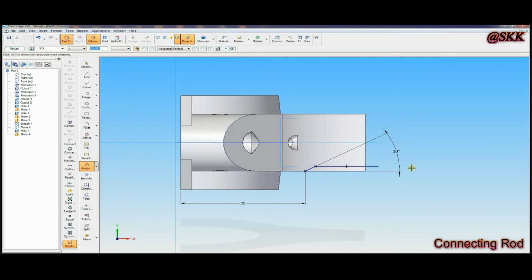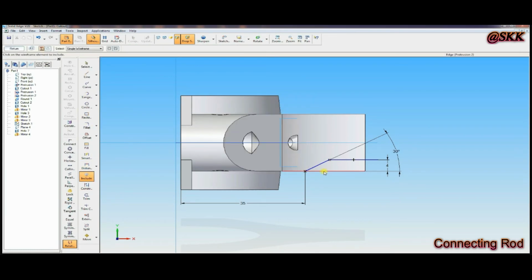Angle 30, and the distance between from this one is 4 mm. From here to here it should be 4 mm. Now you have to close the profile with the help of the include command.